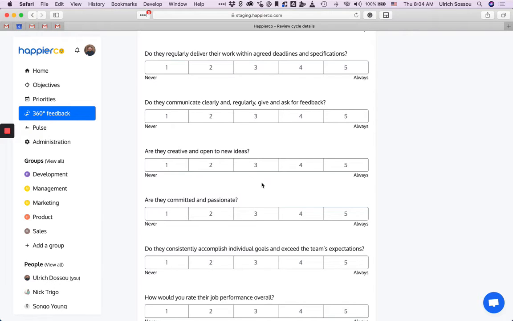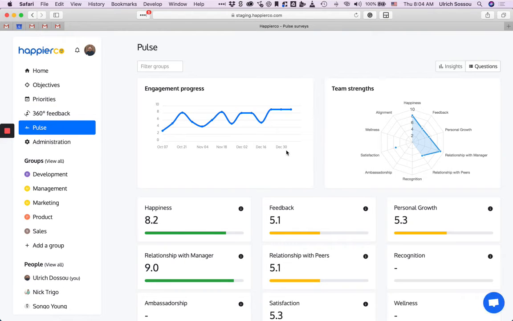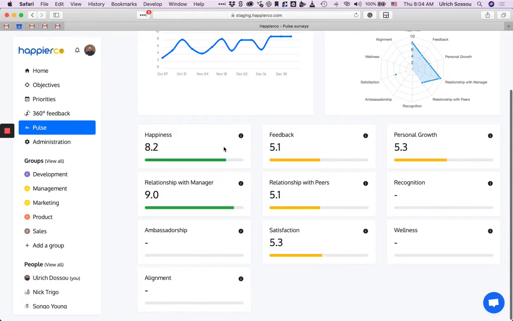And the last one is the pulse survey. The pulse survey is about how your company is enabling everyone to be very performant. So it's also some attributes or categories that you define. Here, by default, you can measure happiness in your company; feedback, whether people are actually giving feedback to each other; personal growth, whether the employees have everything they need to grow and be better at their job; relationship with manager, whether your managers are very good at handling their team; relationship with peers, whether the employees feel comfortable working with their peers;